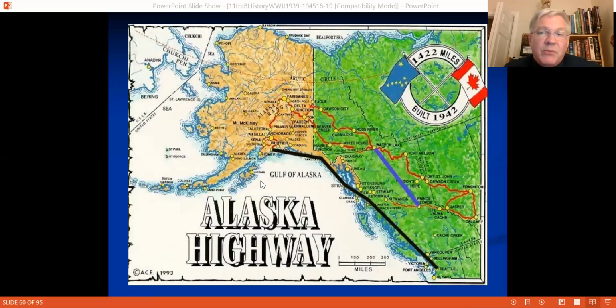Details: 1.1 million Canadians served in the military. 90,000 casualties, of which half were Canadian dead in the war effort. 41% of all Canadian males who were draft eligible ended up serving in the Canadian military. Although it's interesting to point out, just like in World War I, there was one province where they weren't quite as excited about going into the war effort, and that was Quebec, where only 25% of eligible men ended up serving in the Canadian military.